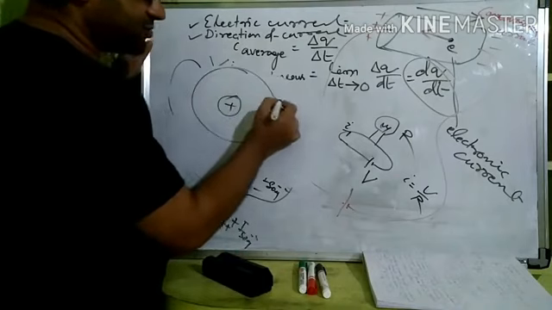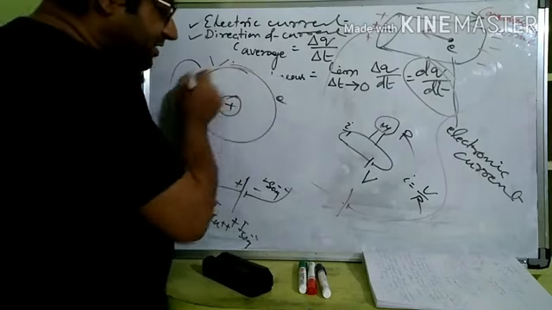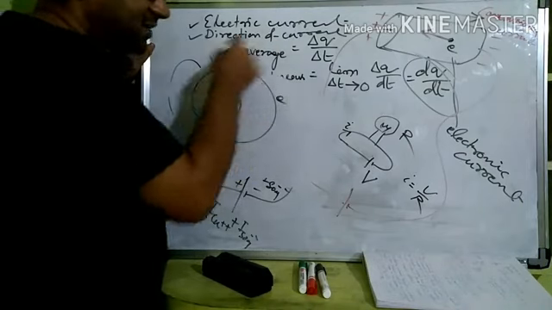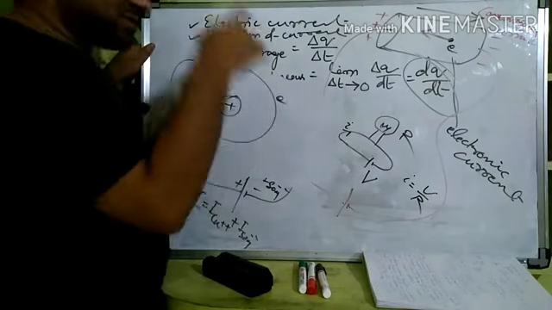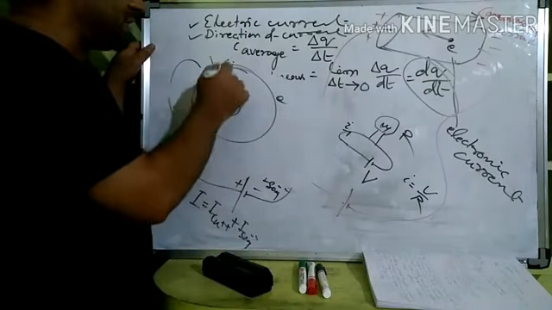Now at the center, a positive charge is there and an electron is revolving around it. Since the electron is revolving around it, this is also a motion of a charge, right? A charge is moving, so this also constitutes a current. So how many electrons are moving per 1 second?